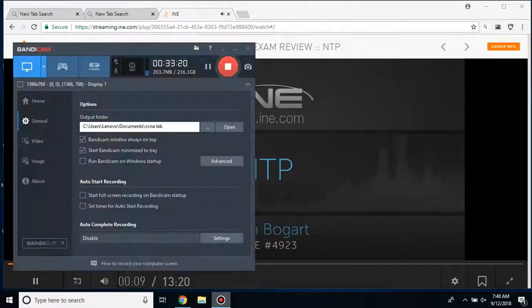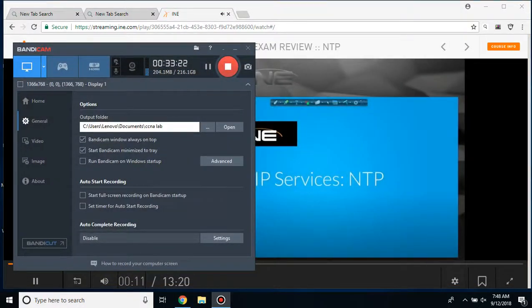All right, so in this video, we're going to be adding a tiny little different element to our network, which is the Network Time Protocol. So at this point, in order to complete this section, all of your IP addressing has to be complete and EIGRP has to be functional. You have to have end-to-end connectivity between all devices. Otherwise, you will not be able to successfully